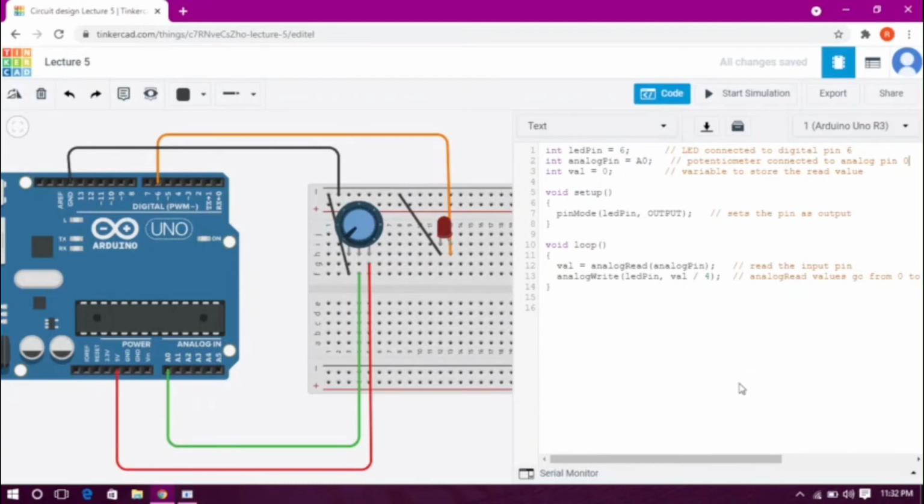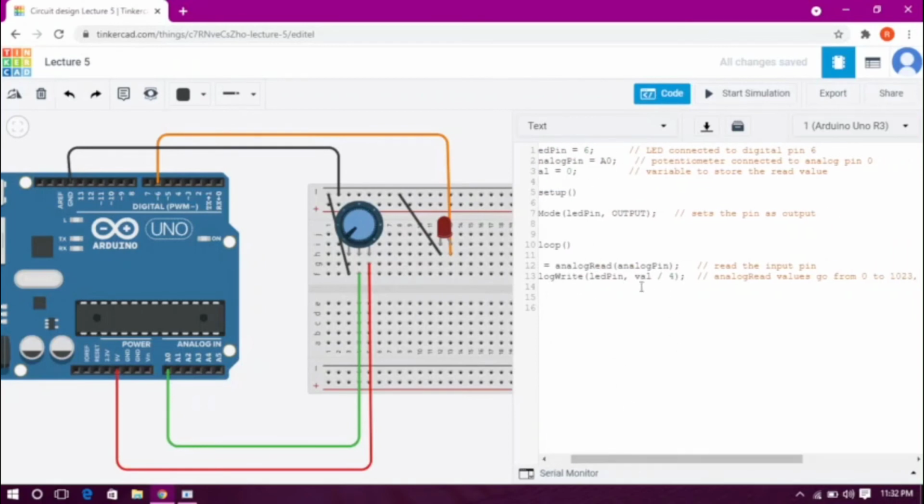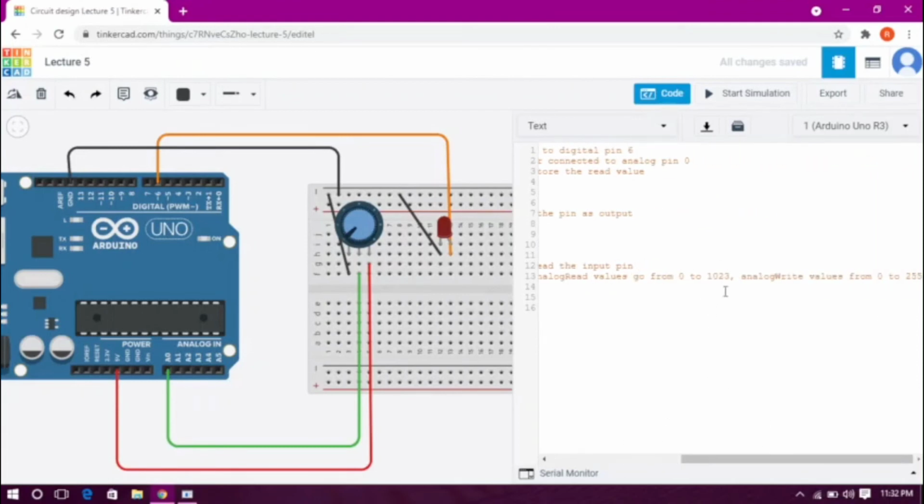Analog read value takes it from 0 to 1023, but when we write the function analog write, the value gets divided by 4. We have added this function right over here. So when it gets divided, the analog value takes the value from 0 to 255.